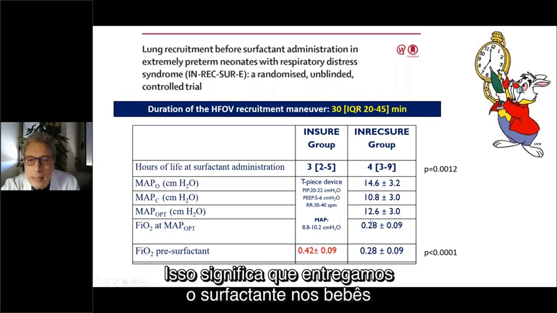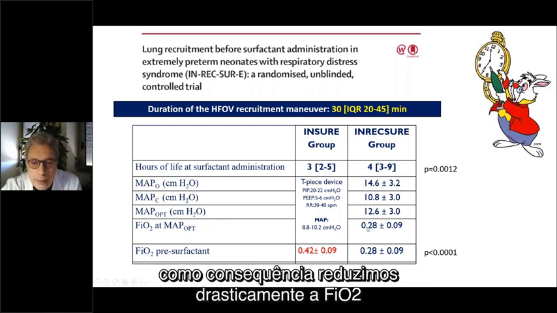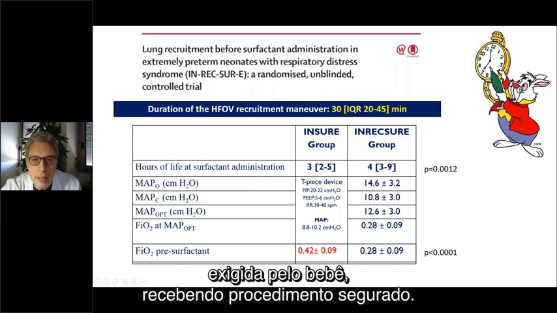It means that we deliver the surfactant to the babies who received a mean airway pressure of about 30 centimeters of water. As a consequence, we dramatically reduce the FiO2, and you see that there is a significant difference in terms of FiO2 required by the babies